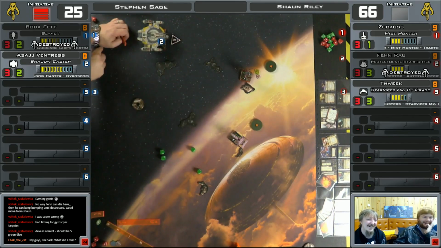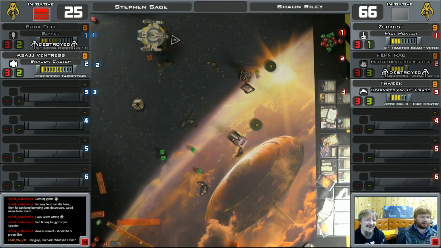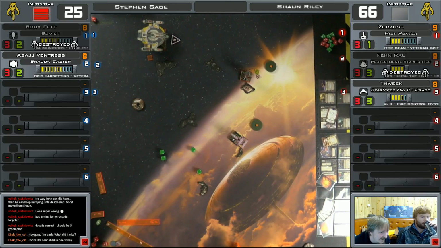Look where I put that number 2, bang where Asajj is. That's a good guess, isn't it? Yeah. You can tell I live here. No, I don't. This is Elliot's office, so I'm not going to...